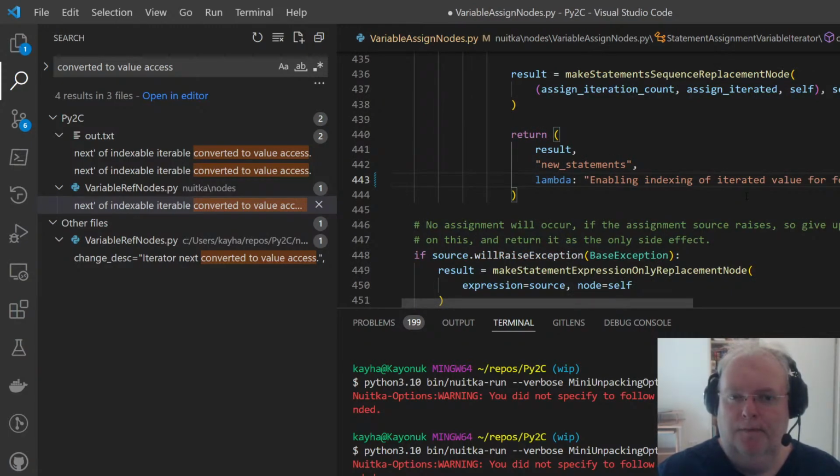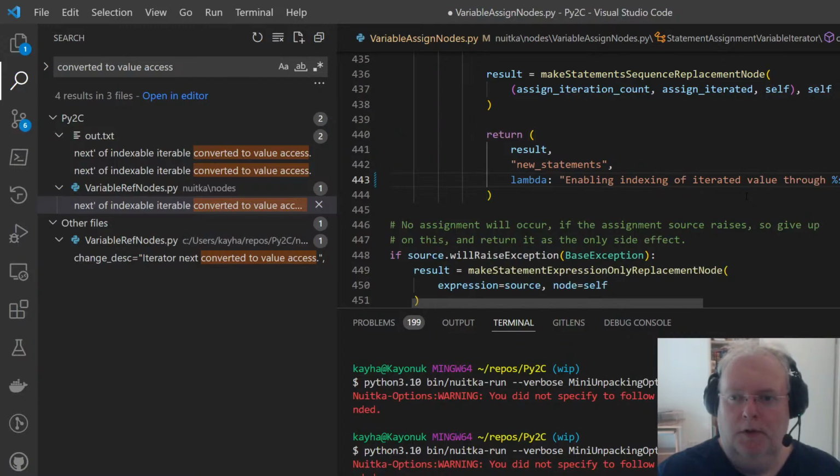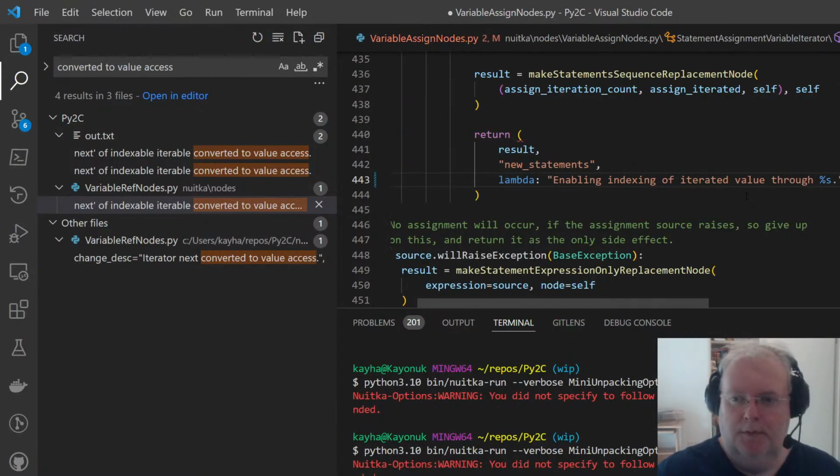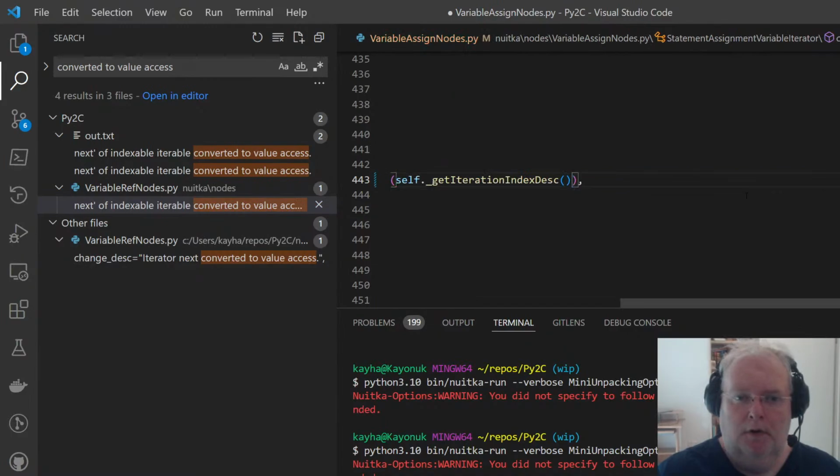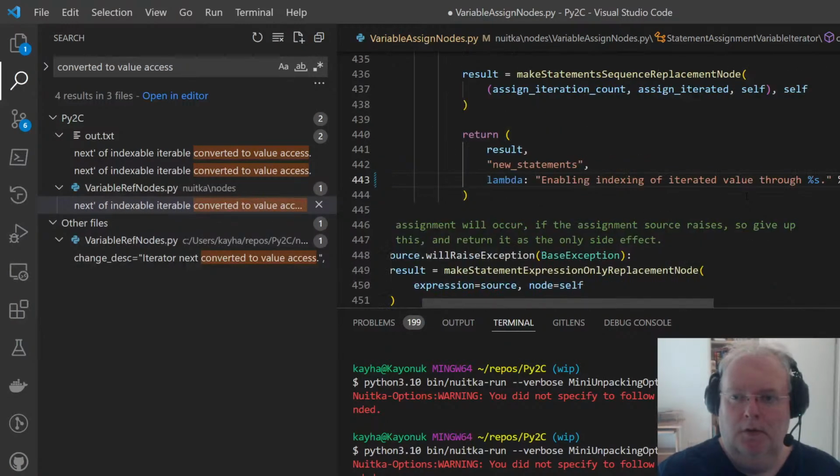So now we get the description. And it's only one value, then let's not have a tuple. And hooray, maybe.